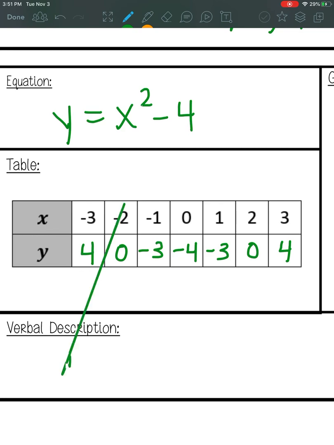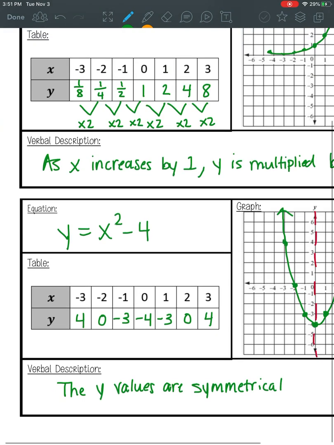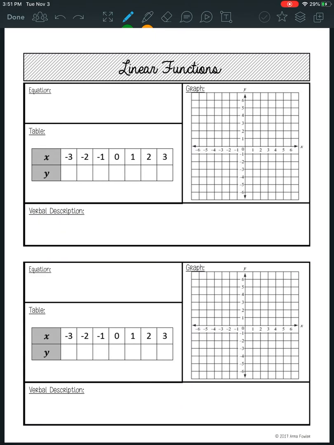And then in words here, I'm just going to say that the y values that we got are symmetrical, meaning if we fold at that line, they're going to be the exact same, and it definitely doesn't form a perfect straight line. So those are some examples of nonlinear, and then we also have linear on